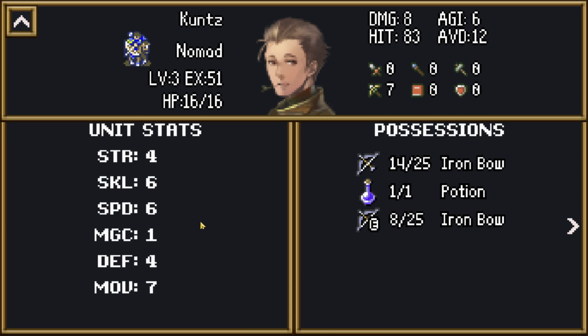And next is Kuntz. Now, Kuntz is kind of interesting because he has a bow and horseback. He has very good skill and speed, so this guy can run around shooting an arrow and running away, so to speak. Very, very useful. He also starts with a little bit of defense as well, a little bit of strength,